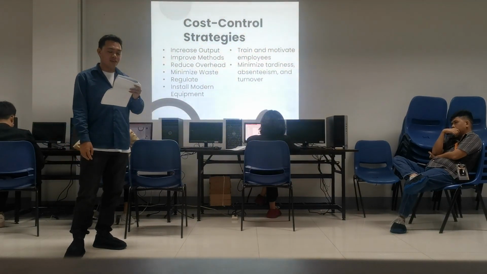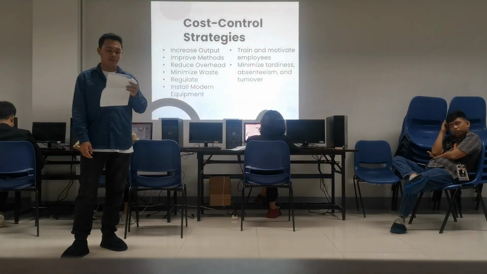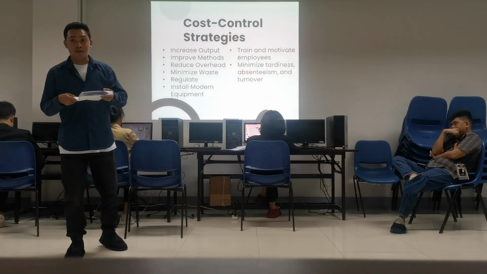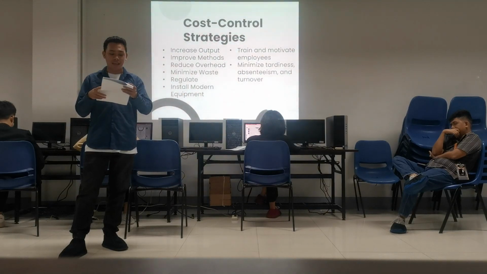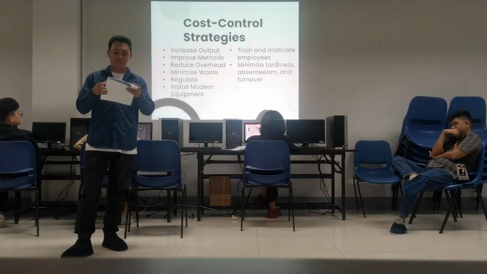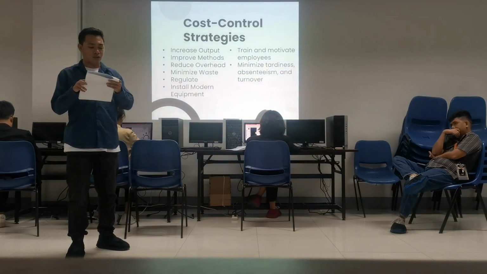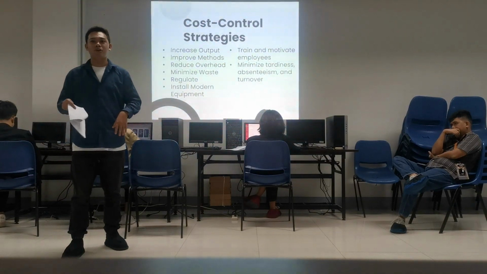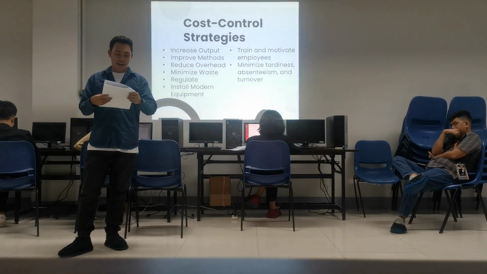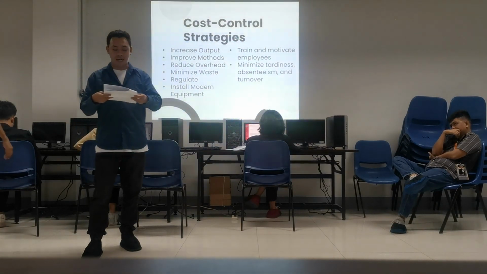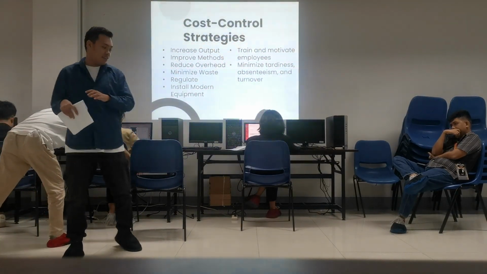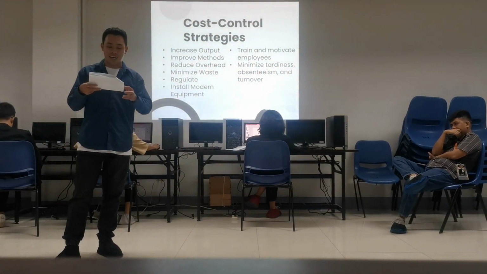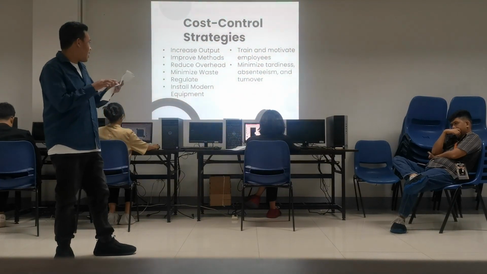Then minimize waste. Waste occurs in all kinds of operations, right? For example, a factory may create a lot of waste through poor manufacturing processes and poor material handling. More so in a factory, and also in an office, too many photocopies or needlessly long proposals contribute more to landfills than company profits. Now, we make sure that we keep our waste minimal. A factory can create a lot of waste, so we make sure that our workplace is clean.